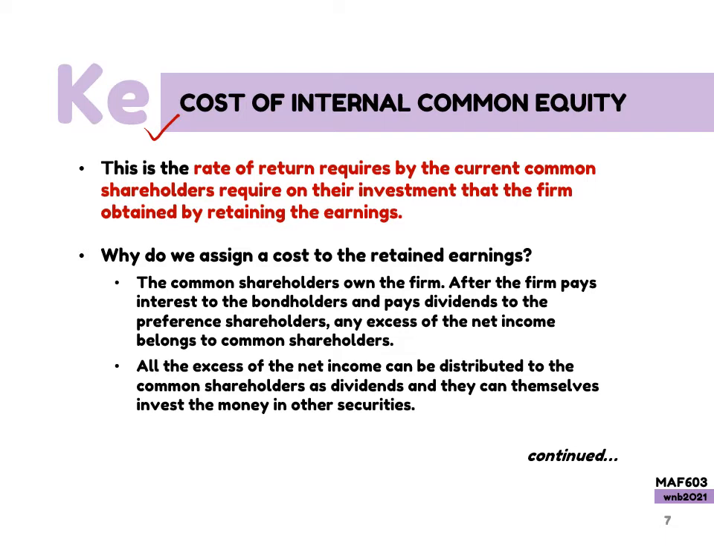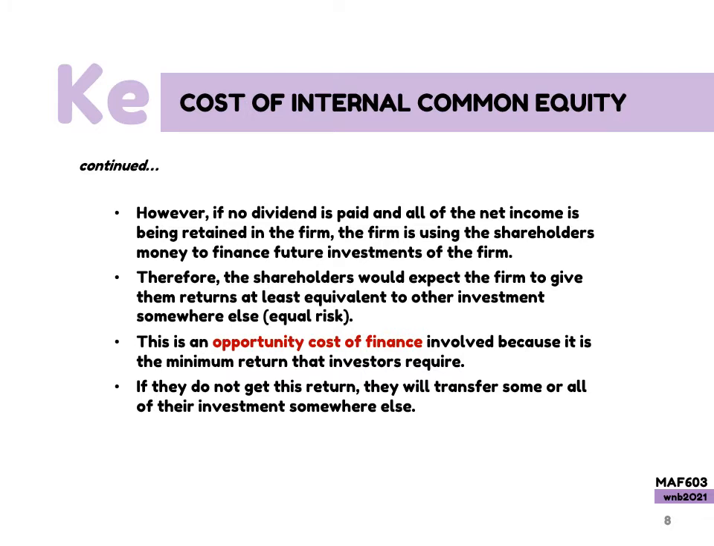Okay, so all the excess of the net income can be distributed to the common shareholders as dividend, and they can themselves invest the money in other securities. They have an alternative. The dividend that they receive from the firm, either they want to invest in that firm again, or they want to invest in other securities. However, if no dividend is paid, okay, common shareholders tak dapat dividend and all of the net income is being retained in the firm,